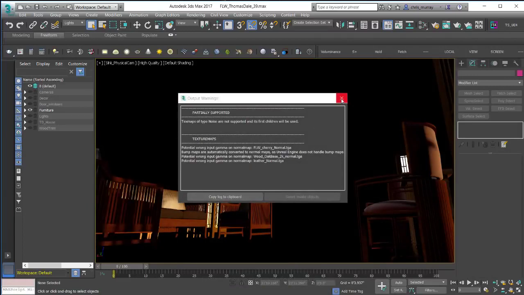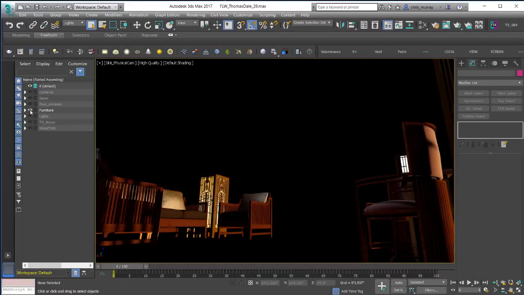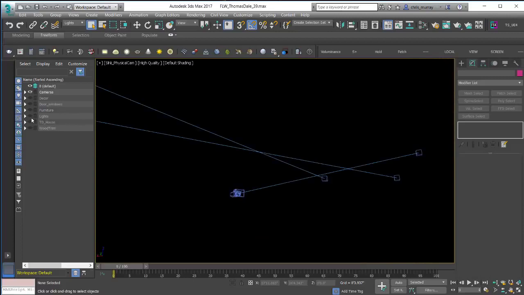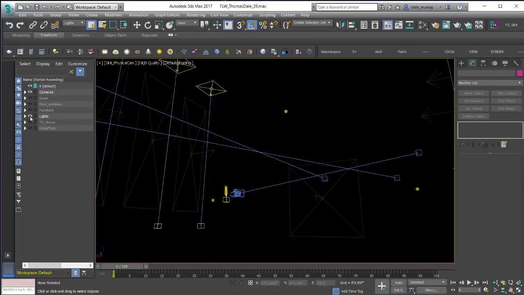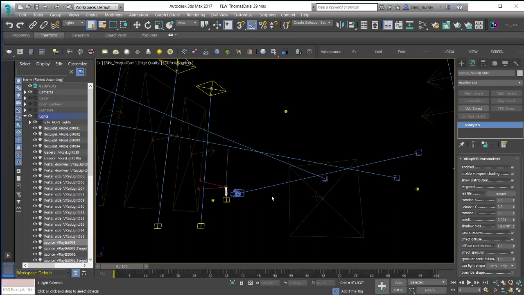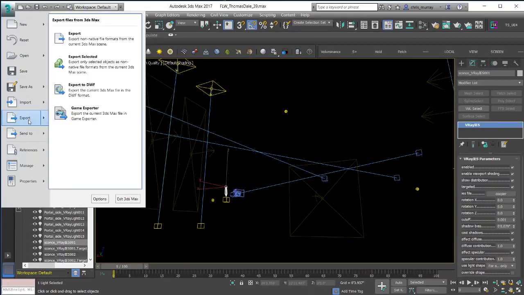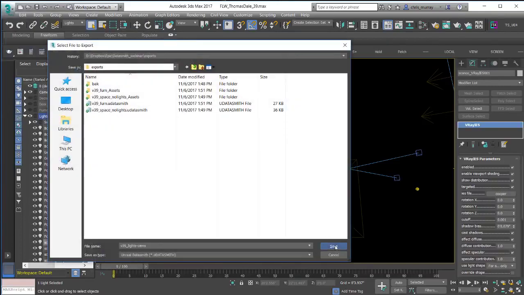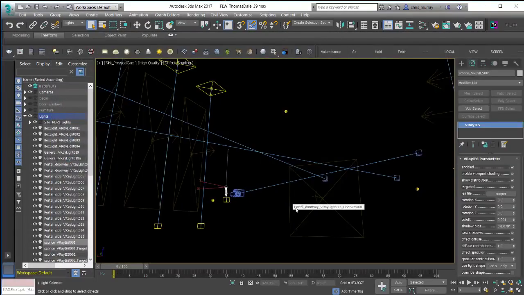Okay, so that's now exported, and we'll go ahead and turn our furniture off, and we'll turn our cameras on and our lights. I think we'll do those all in the same export. And you'll notice here with the lights, I have all kinds of different lights. I have light portals. I have regular lights. I have some generic area lights, things like that. I have some IES lights here as well. All of those are going to be supported as well. So we'll do export here. Okay, great. So now we're ready to switch over to Unreal Engine and bring all of those different Datasmith files